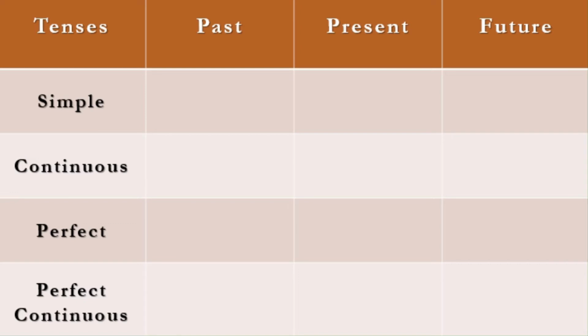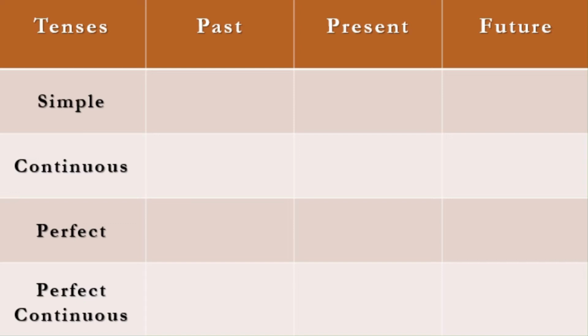If you haven't made it, just take a fresh page and draw 4 columns and 5 rows, and write the headings as they are mentioned on your screen. After that, there are again two ways of filling the boxes. You can do it horizontally as well as vertically. That means you can start by selecting any one of the tenses. Let's say past tense. You can start with past simple, then past continuous, then past perfect, past perfect continuous, and then you can move on to the next tense, that is present tense.